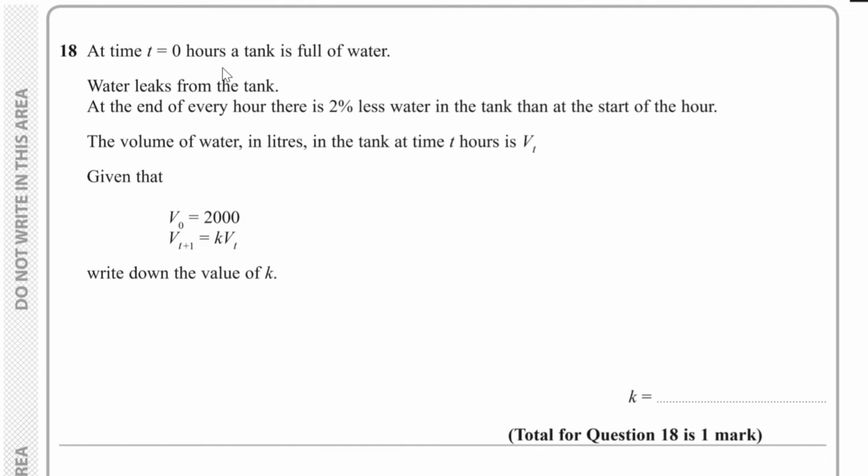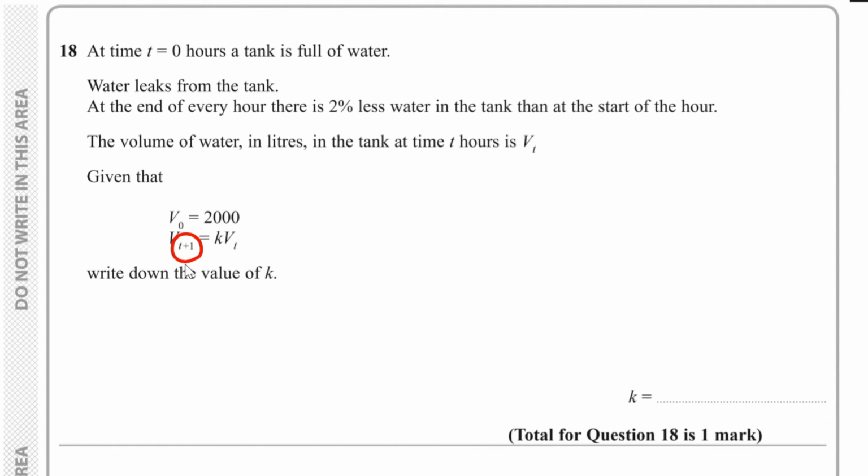Question 18. At time t equals 0 hours, a tank is full of water. Water leaks from the tank. At the end of every hour, there's 2% less water in the tank than at the start of the hour. The volume of water in litres in the tank at time t hours is Vt, and given that V0 is equal to 2000 and Vt plus 1 is equal to k lots of Vt, we have to work out the value of k. Well, this t plus 1 over here